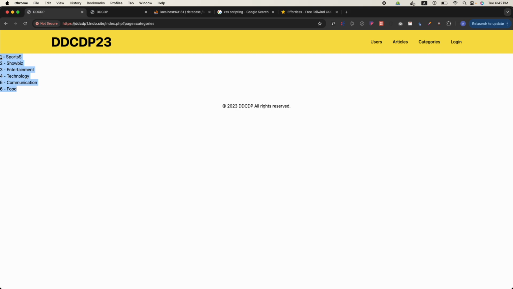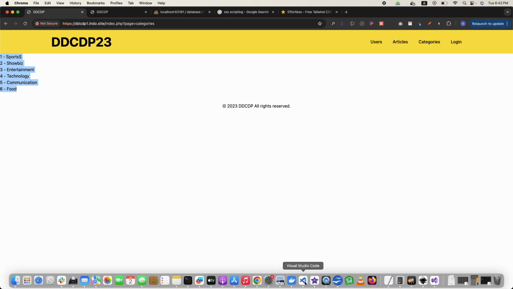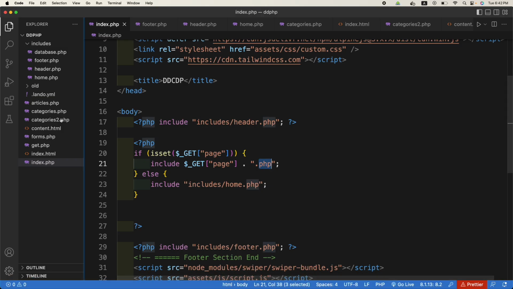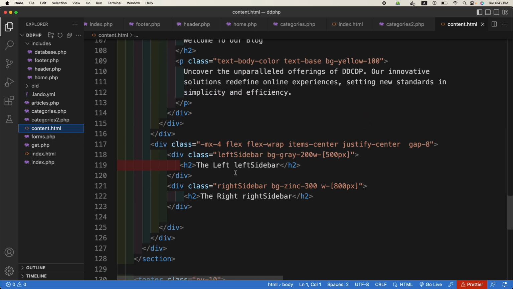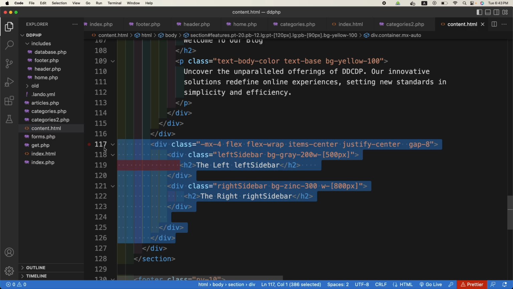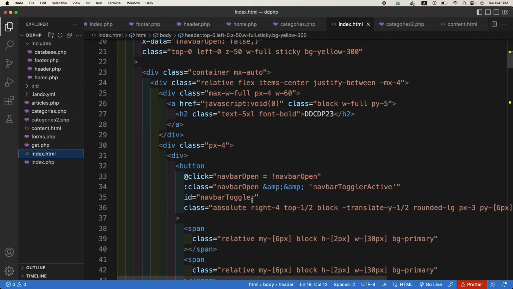we have categories. We have another page where we can copy some code. So I have content.html as well. It has 2 columns. This is actually the code. Let me copy it here, and this is the left sidebar, this is the right sidebar. So if we move it to index.php,